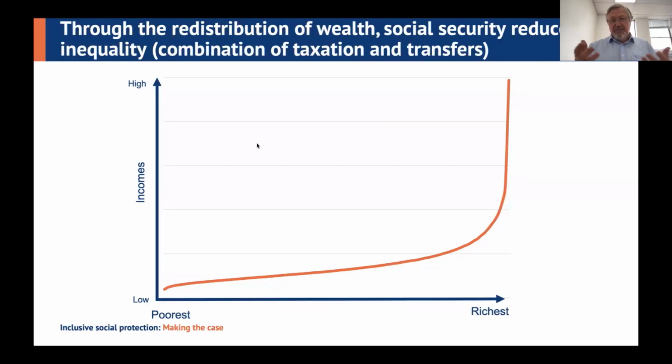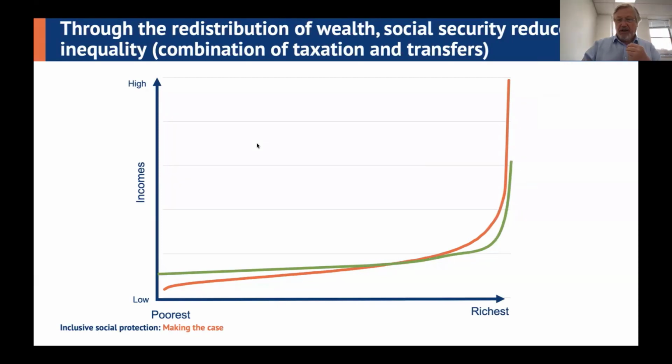So, put simplistically, the way that social security works in reducing inequality through a combination of taxation and transfers can be illustrated in this way. This is just a very simple diagram of a distribution of wealth in a country. Most countries look very similar to this, from the poorest on the left to the richest on the right. You can see this kind of distribution, with the rich doing much better off than most of the population. And what we try to do by investing in social security is to kind of flatten the curve